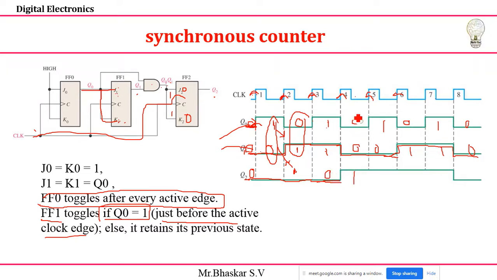Again the same process, you just do the AND operation. 0 0 means 0 only, no change, write the waveform as it is. This one will come as it is. 1 0 means come as it is. 0 1 means come as it is. Then here 1 1 is there. If 1 1 is there, the next state becomes 0. Okay, so now just count the values.